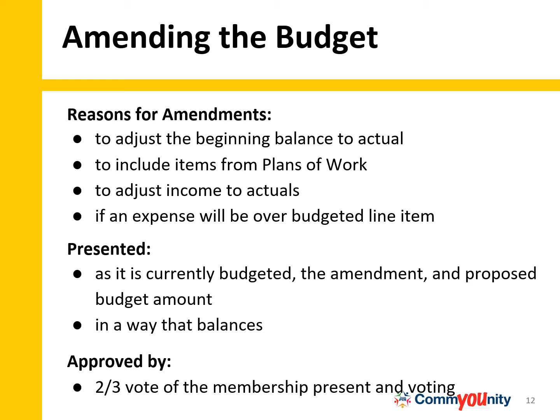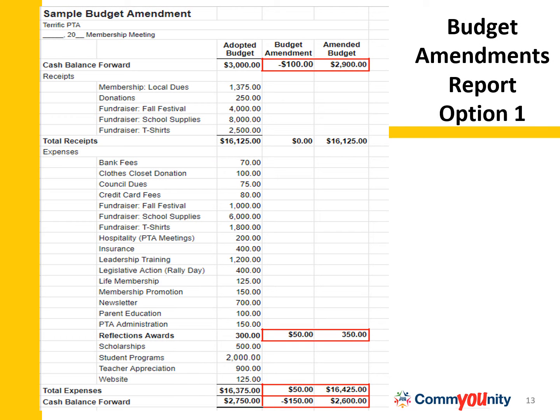The budget may be amended at a regular membership meeting at any time during the year without prior notice of the proposed amendments. If a special meeting is called to amend the budget, then the appropriate notice would be required as per the bylaws. Now let's look at an example of how a budget might be amended for the true